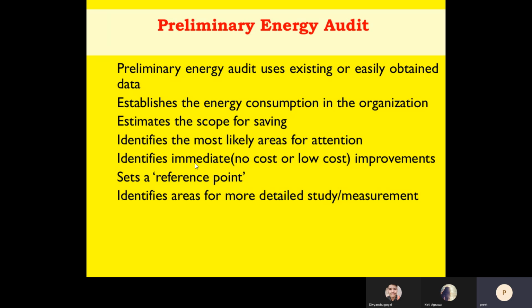Preliminary audit is basically the easiest of the three. Out of the three audits, this one is the easiest and requires very little data, and it establishes the energy consumption in the organization. At the same time, it estimates the scope for saving, it identifies the most likely areas for attention, and it sets a reference point. For